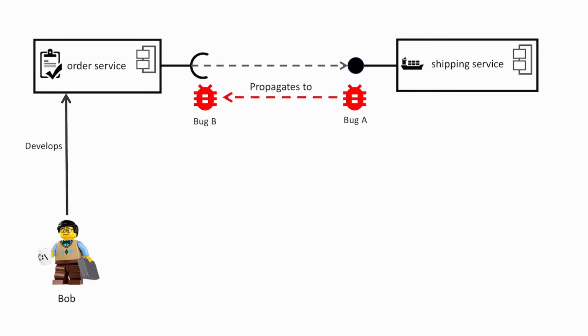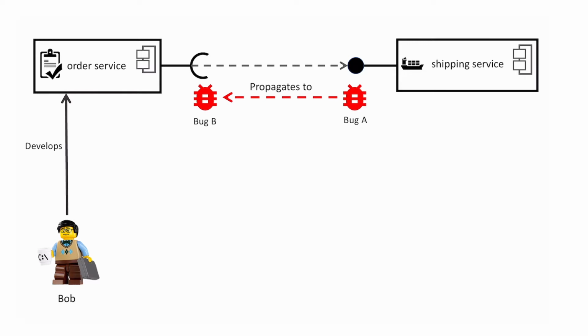Hello everyone, let me introduce you to Bob, who develops an auto service which is part of a bigger webshop application built as microservices. The auto service consumes the interface of a shipping service, however there's a bug in the shipping service's interface. Due to the dependency between both services, this bug also affects the auto service's functionality and results